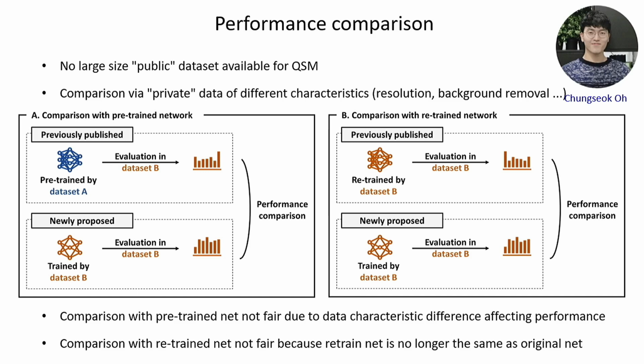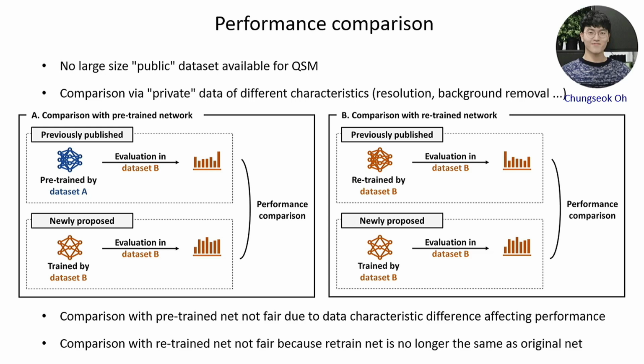So I will not go too much into the detail, but you can think about two different ways of comparing the result. The first one is to grab the neural net from some website and just run inference with your own data set. If your data set has different characteristics, that neural net will underperform compared to one trained for the same characteristics. You may believe that you can retrain the network with your own data set so that you can do a more fair comparison.